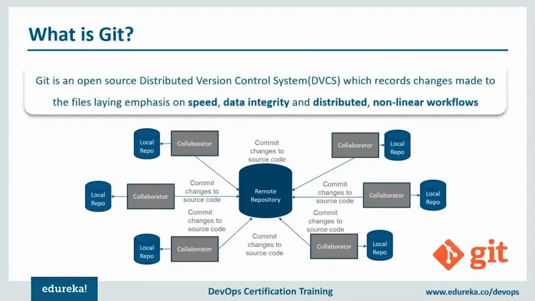Well, Git is an open source distributed version control system which records changes made to the files, laying emphasis on speed, data integrity, distributed, and non-linear workflows. So Git is the tool that you require to perform all these operations, and don't worry, I'll be telling you all about how to perform this operation for using Git later in this tutorial. For now, just think of Git as the tool that you actually need to do all kind of version control